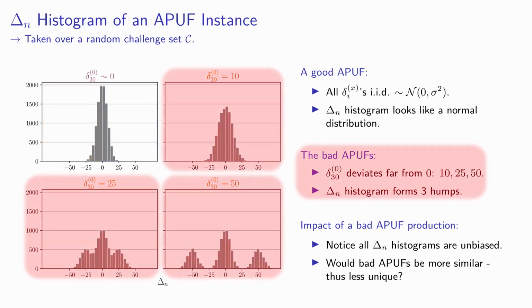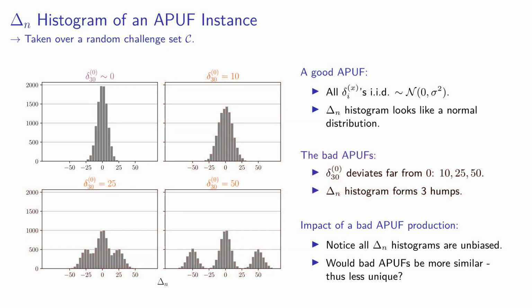If we consider some bad APUFs, where small delta 0 at stage 30 has an abnormal value deviating far from 0, we notice an effect on the distribution of their delta N values. As this abnormal value increases in magnitude, we start to see multiple humps form in the histogram. Interestingly, each of these bad APUFs is still unbiased with a 50% chance of either response. However, one needs to carefully establish fault models and examine their impact on a batch of APUFs' response bias and